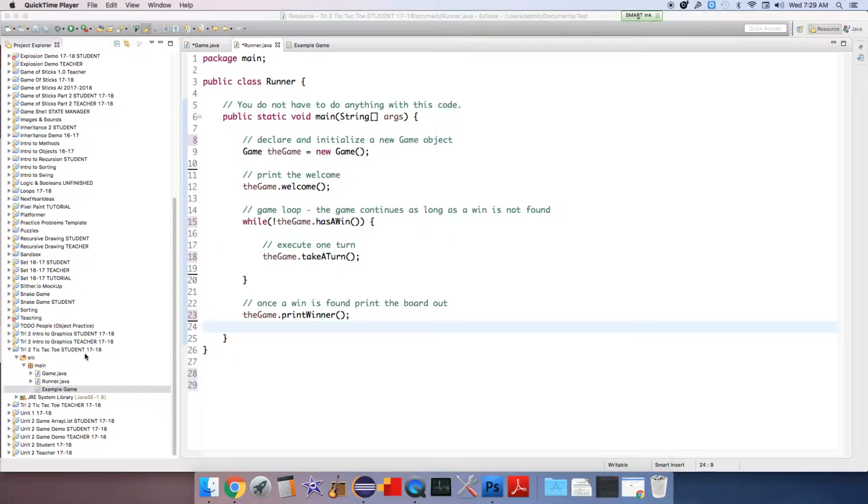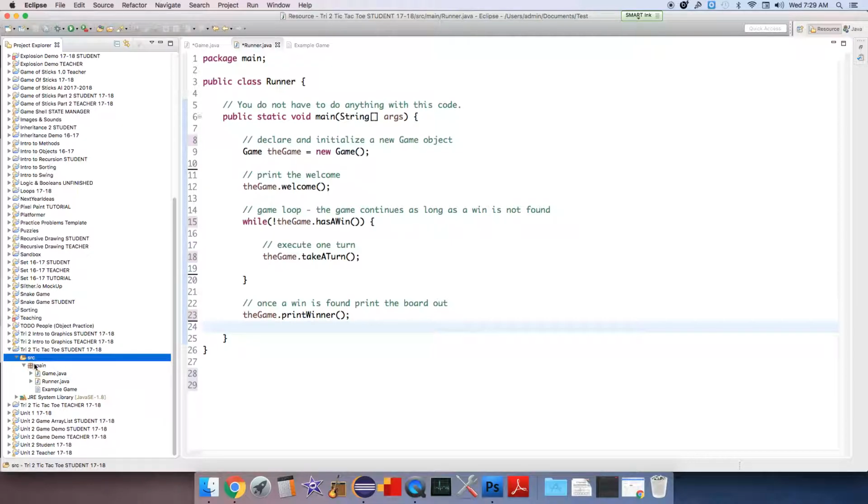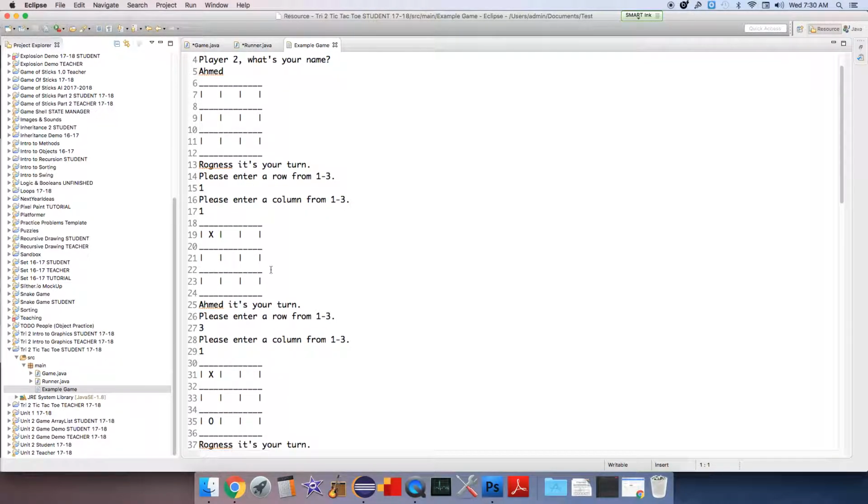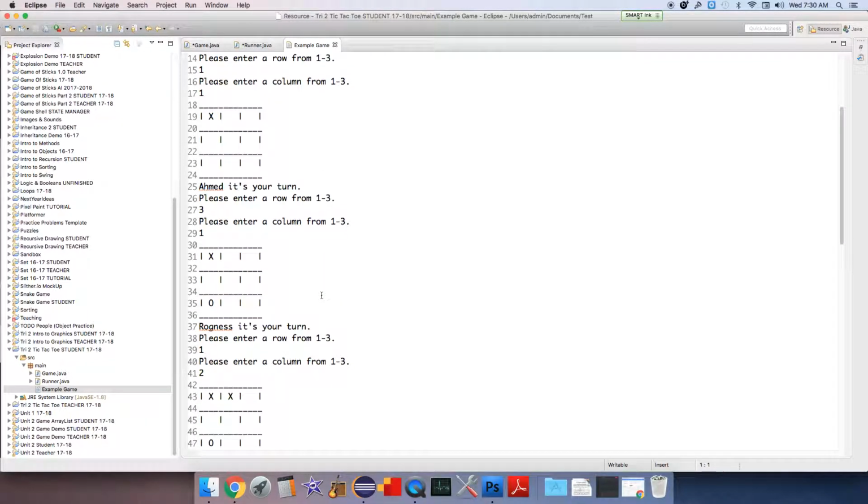If you open up the Tic Tac Toe program in source under the package called main, there are two classes and an example of what the game should look like when it's complete. So if we go to the example, this is the text that it should produce. Welcome to Tic Tac Toe. It should gather the players' names, which it already does. And then it displays the board, which it already does. And it takes in moves, which it already does. The part that it doesn't do